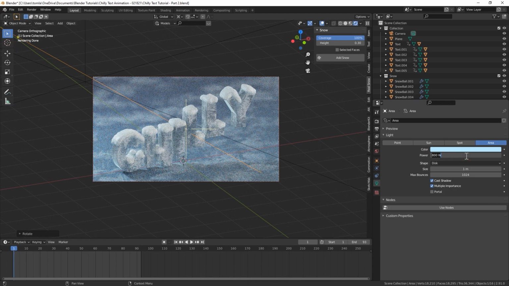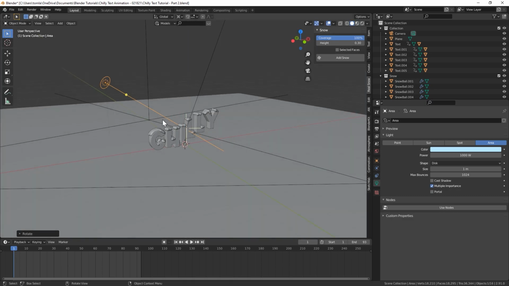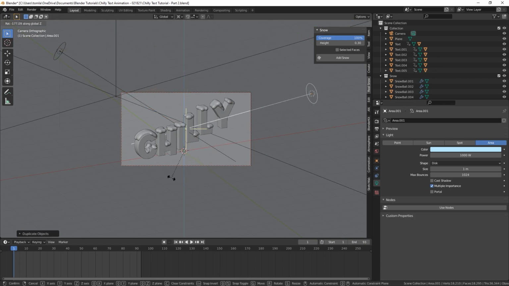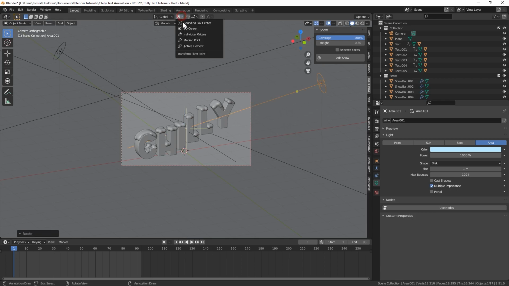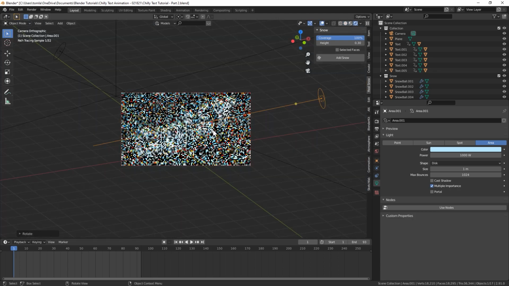I might even do 1000, but I'm not liking these shadows it's casting, so I'm actually going to turn off cast shadows. I really just want to brighten up the scene a little bit. So I'm going to rotate that a little more. And then the other thing I'm going to do is duplicate that. So Shift D, and then just rotate along the Z to bring that over. I'll set the pivot point back to bounding box, bring that down on the Z a little bit, and then rotate it on the X, just so it's still pointing at our letters.